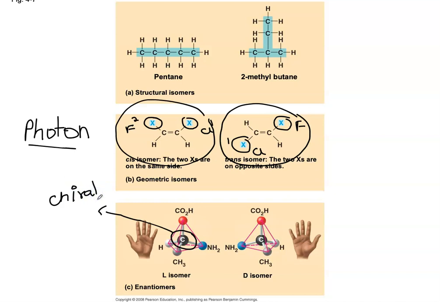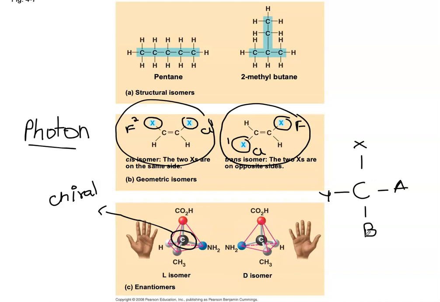A chiral carbon is basically a carbon that is attached to 4 different molecules, X, Y, A, and B. None of these things can be the same. If they are the same, then the carbon compound is called an achiral carbon. So